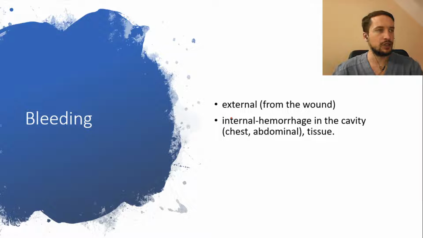Okay, the first complication we will talk about is bleeding. Bleeding is the most serious complication of the postoperative period. It can be external, from the wound, for example, and it can be internal, hemorrhage in a cavity, like the chest, abdominal cavity, or in tissue. Common signs of bleeding are pallor of the skin, weak, rapid pulse, and a decrease in blood pressure. When bleeding from a wound, the bandage is wet with blood, and bleeding from drains inserted into the body cavity